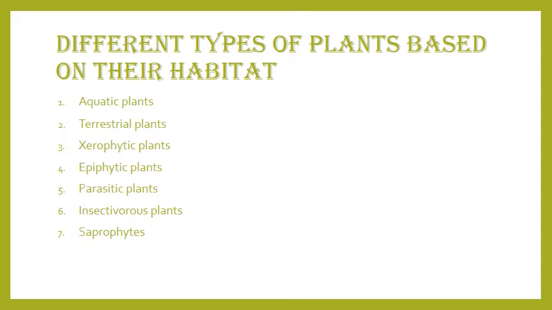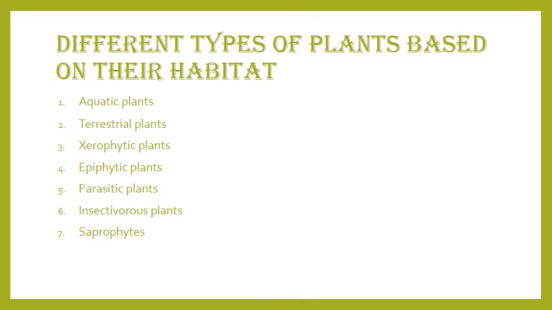Now, as we have understood what is habitat and what is adaptation, now we will learn different types of plants based on their habitat, means based on their natural surroundings or natural home. First type of plants is aquatic plants, second is terrestrial plants, third is xerophytic plants, fourth epiphytic plants, fifth